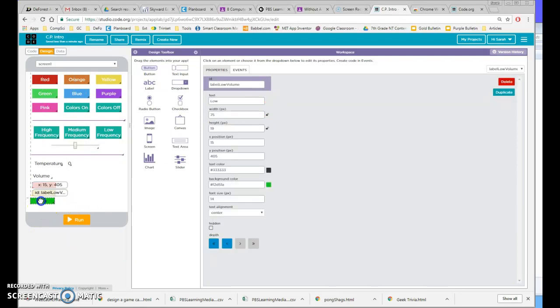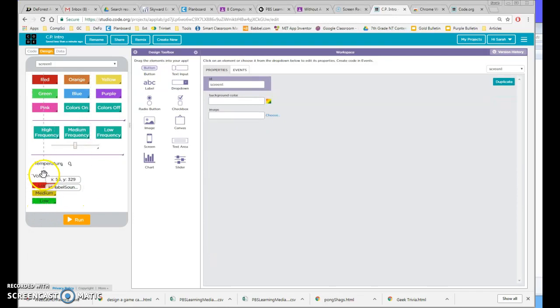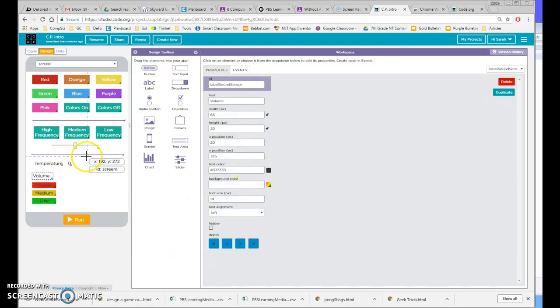Okay, I'm going to repeat this for the light sensor. So I'm going to pull over a label and I'm going to say brightness, and brightness, so we know what this is showing us. And then I'm going to duplicate these. I'm going to do a bright,